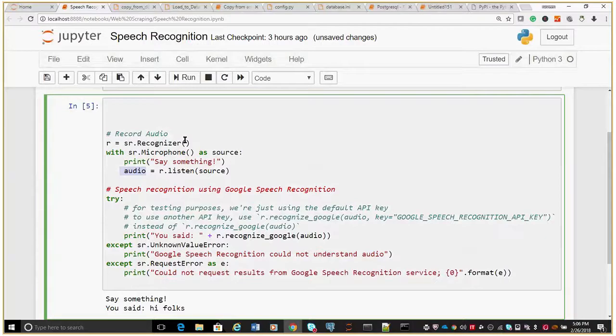This must be some audio stored in binary. When I speak through the microphone, it will take all the source from here and the listen method. Then that will convert all my analog or digital input to binary and store it in this audio. So when I pass this audio I have stored to the recognize_google method, it will convert what I have spoken to text and return it to me. Okay, to handle errors I have two excepts. Okay, if I execute this,